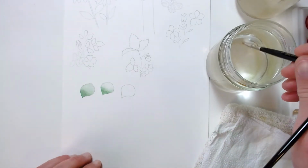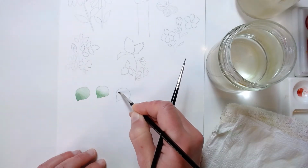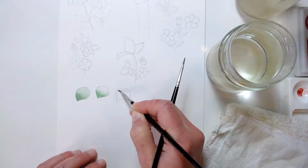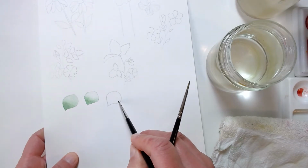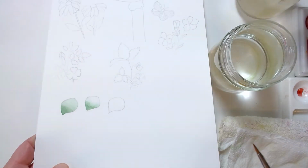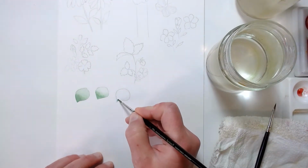And then another technique is wet on wet. So I'm going to put some clean water on the leaf here. Okay, and then when you look at it against the light, it needs to be shiny but not too wet. You can't really see it on camera, I think, maybe there. So it needs to be shiny but not completely wet, and then you pick up the color and you drop the color and allow it to just flow